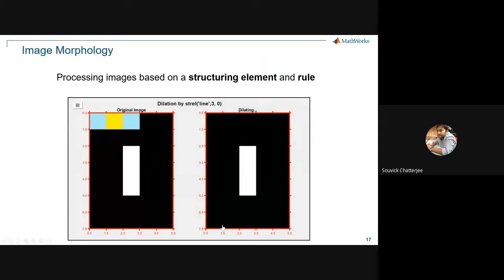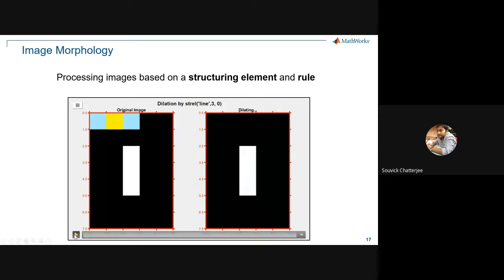So in terms of morphology, there are three things, rather two things which we can do, right? One is called dilation and one is called erosion. Does anybody know about the dilation and erosion concept? Feel free to put yes or no if you have heard about it. Okay, yeah, these are interesting things which we always need to go across in image segmentation. Great that all of you know. So I'll just quickly mention what it means and then we'll talk about how you can do it in MATLAB.